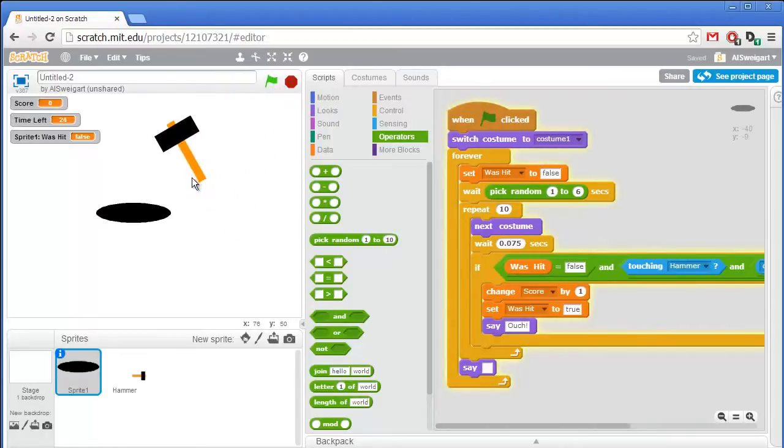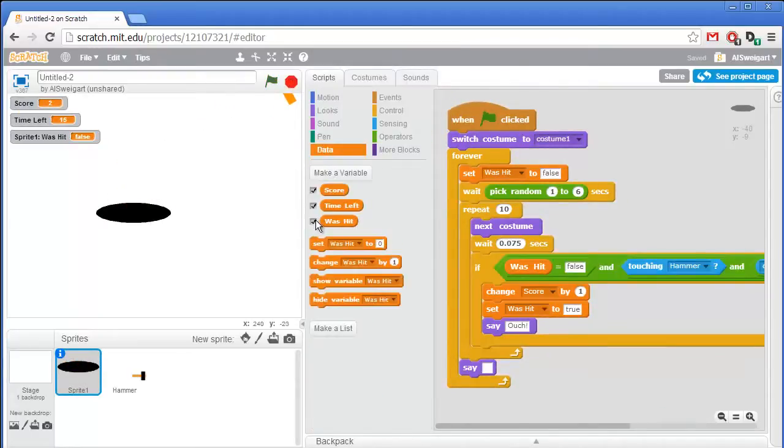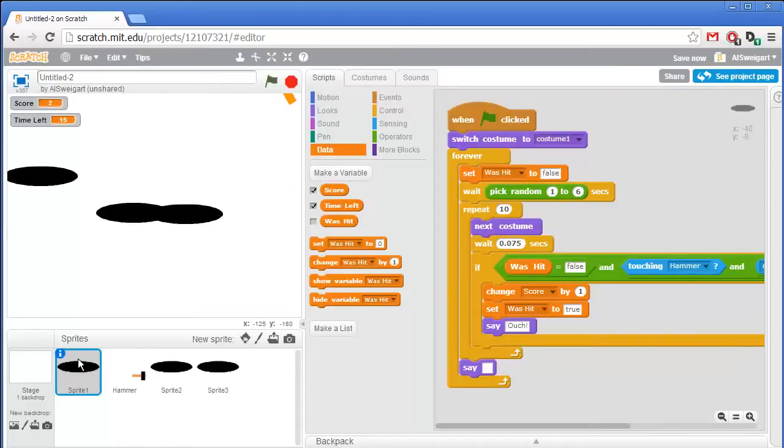So let's click on the green flag and test this out. Come on. Bam! Alright, yeah, it only increases by 1. That's great. So at this point, I'm going to just hide this variable because we don't need that displayed. And all we have to do now is just duplicate these sprites so we can have as many of these cats popping out